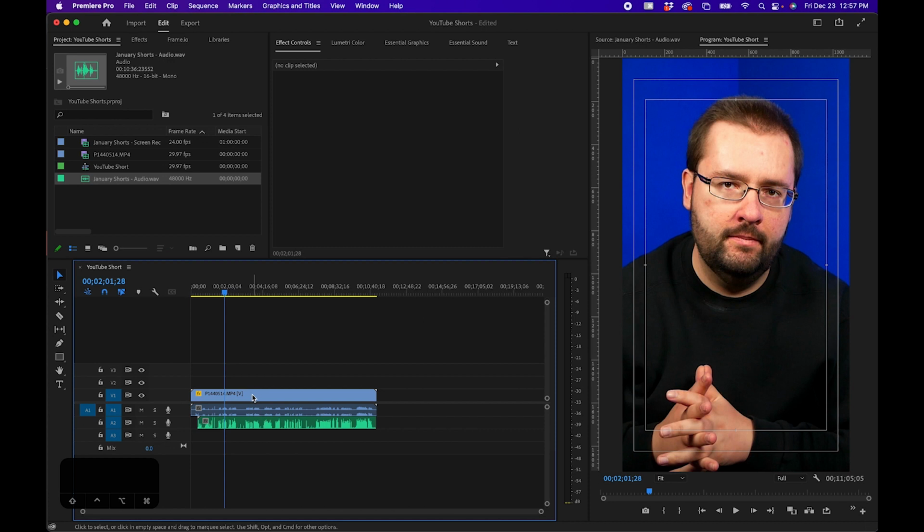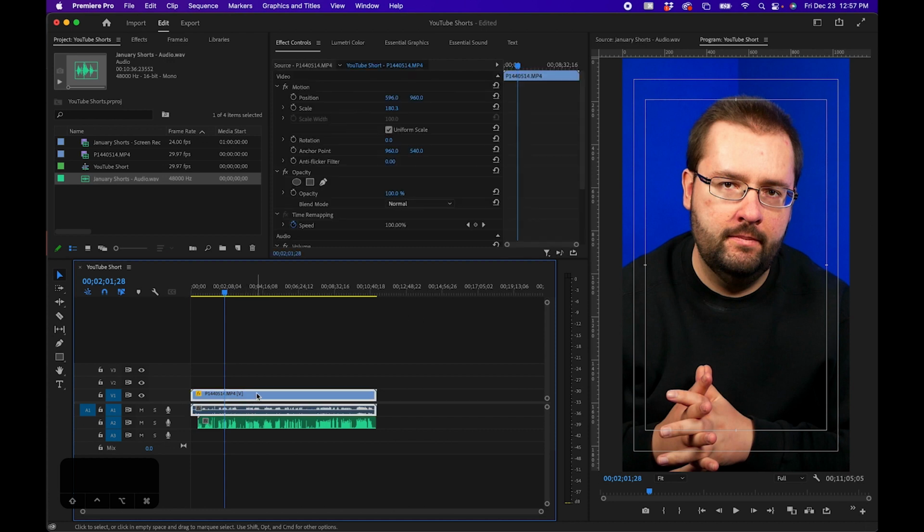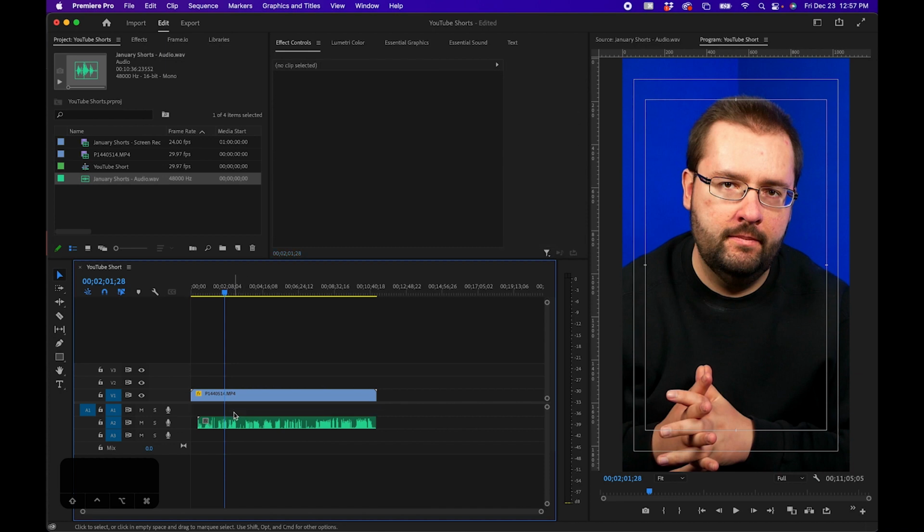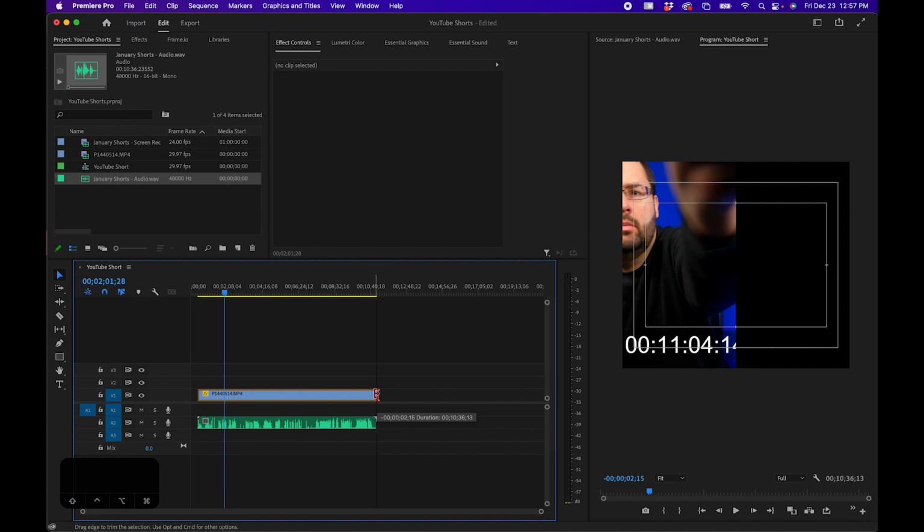And what we can do now is delete the audio from the video track, since we don't need the on-camera audio anymore. To unlink the video and audio, hit Command or Control L on a PC to break the link between the audio and video. Then click on this audio clip, hit the delete key, and then what I'll do next is trim my video file to match the same length as my audio clip,